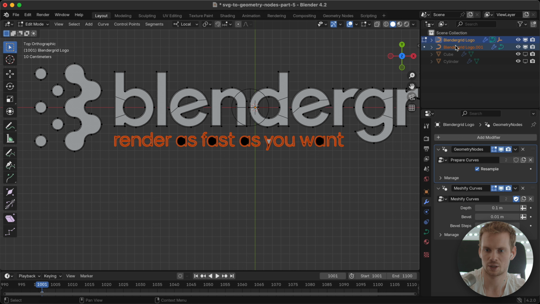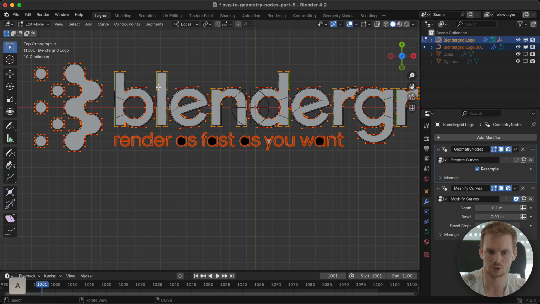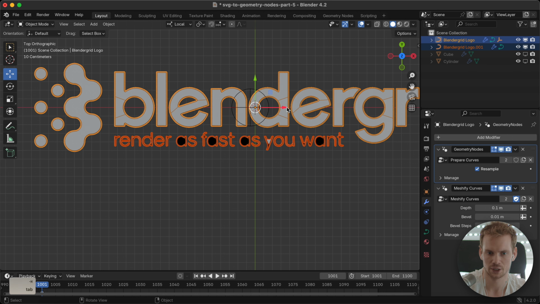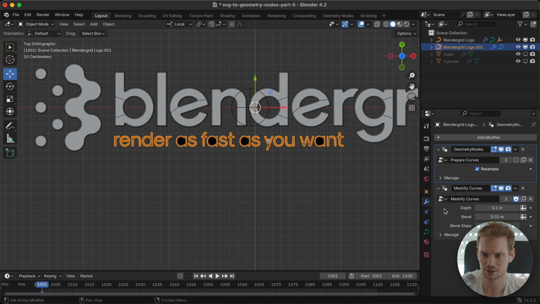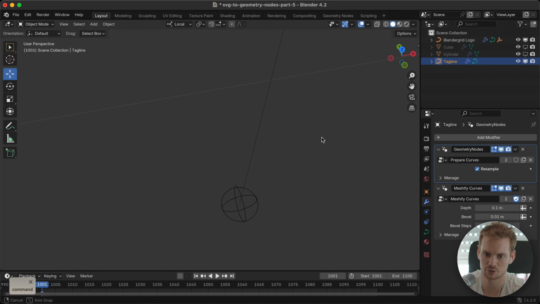And as you can see, it creates a new object, and we're still in edit mode with the original. So that's the main logo. We can hit tab to tab out of edit mode. And now we have 2 separate objects, and they still have the same modifier stack. So this one we can rename to tagline. And now they still have the same modifiers, but we have exposed a bunch of settings, which is very useful because now